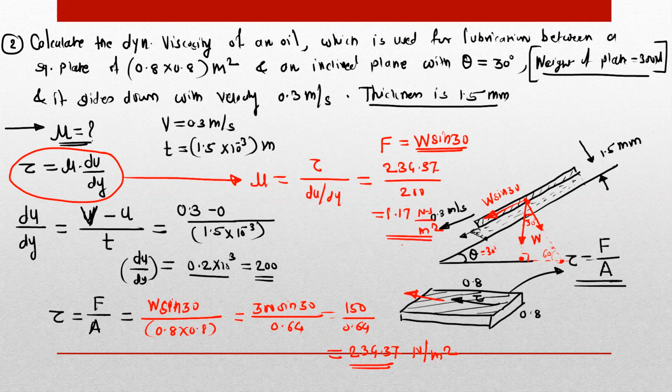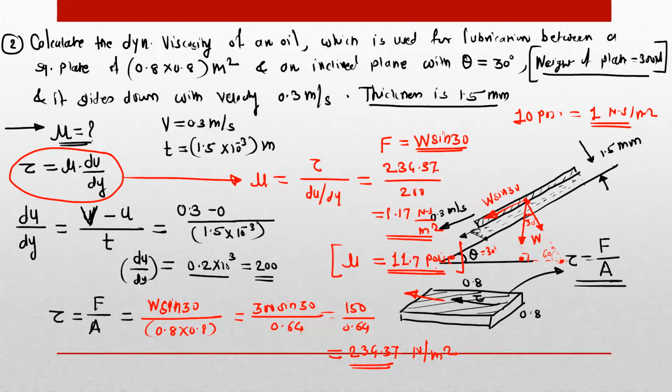Sometimes the question will be to find out the dynamic viscosity in terms of poise. So you should know the relation between the poise and the Newton second per meter square. 10 poise is equal to 1 Newton second per meter square. So just multiply the Newton second per meter square value by 10, and you will get the value in poise. So here mu is equal to 11.7 poise. Sometimes the viscosity is expressed in terms of poise, so just remember this relation: 1 Newton second per meter